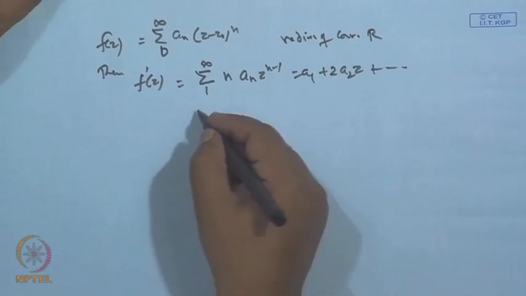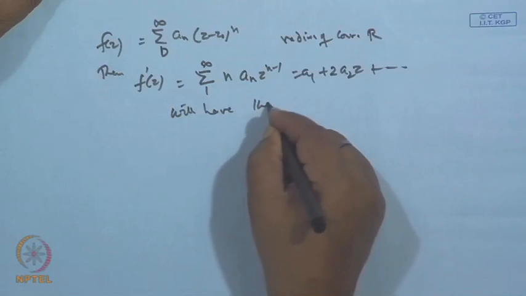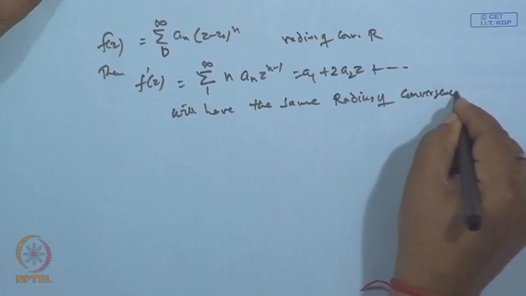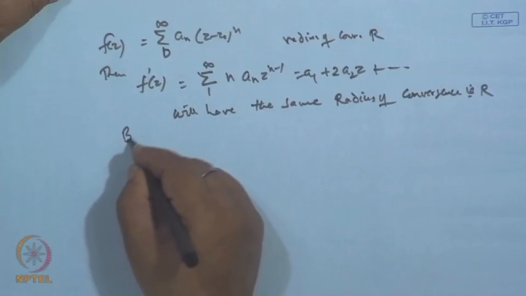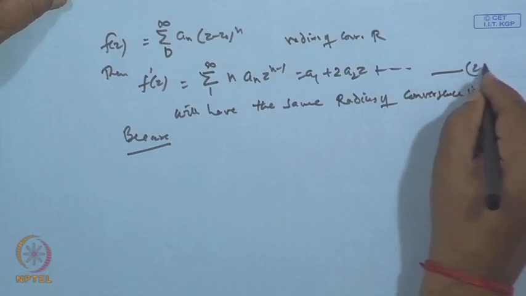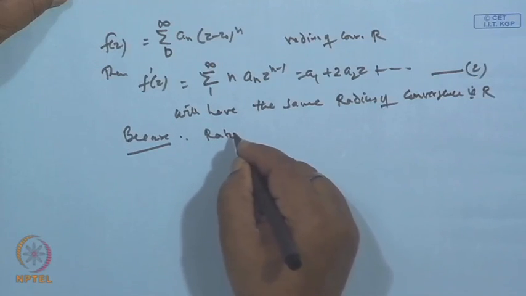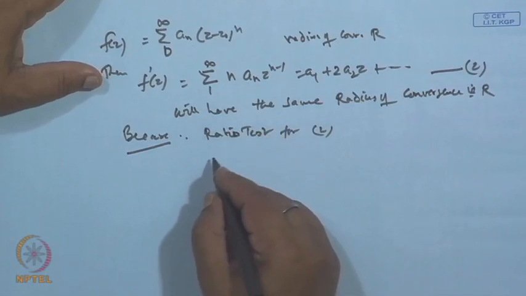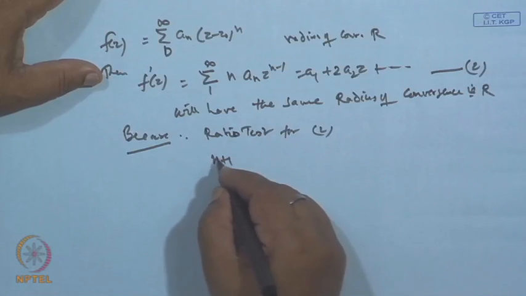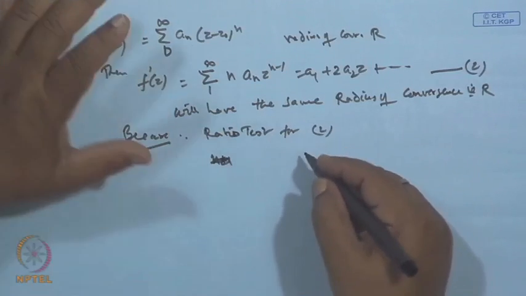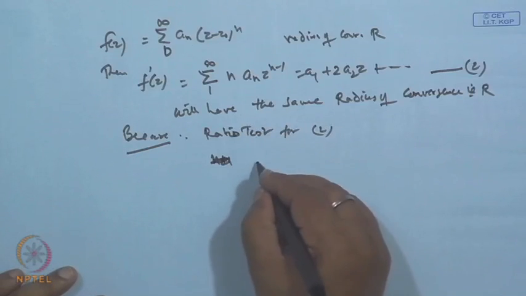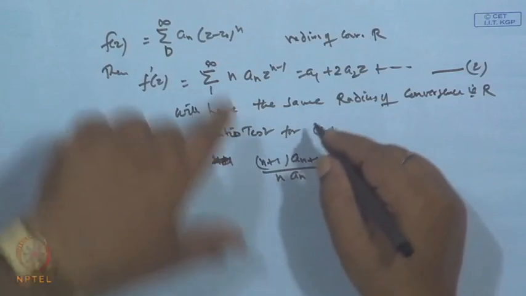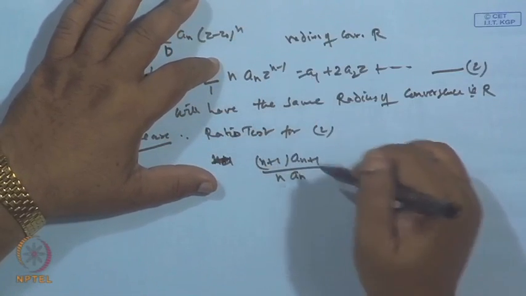This is also a power series, and it will have the same radius of convergence, that is R. The reason is that if we apply the ratio test for the power series, what happens is the n plus 1 over n plus 1. So the ratio is n plus 1 a n plus 1 over n a n. This is our term, is it not? So if you take the limit of this,